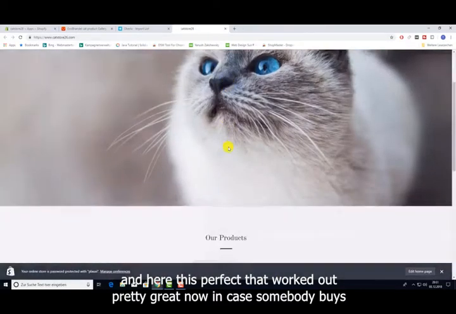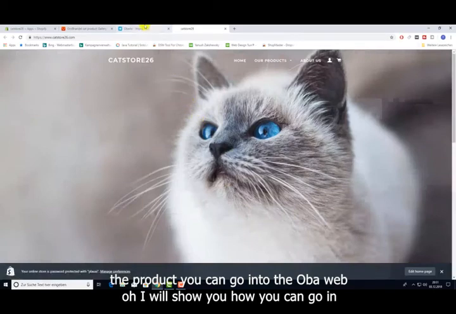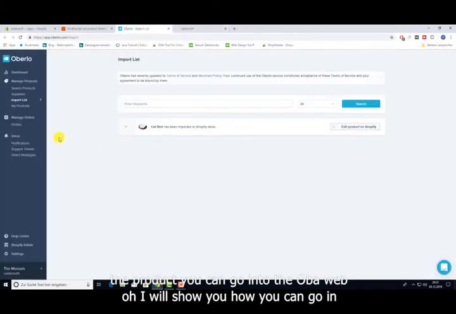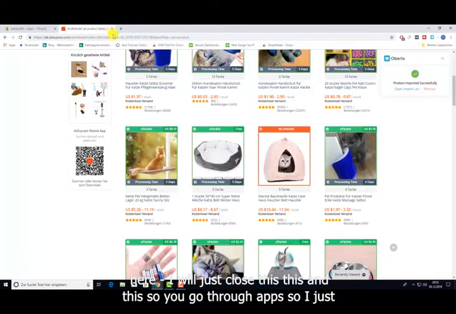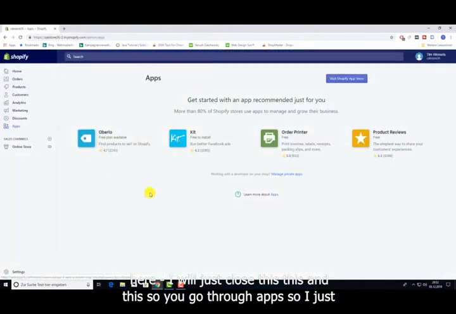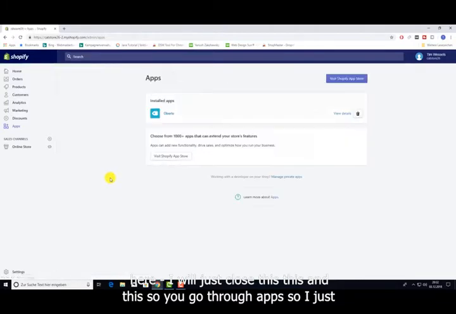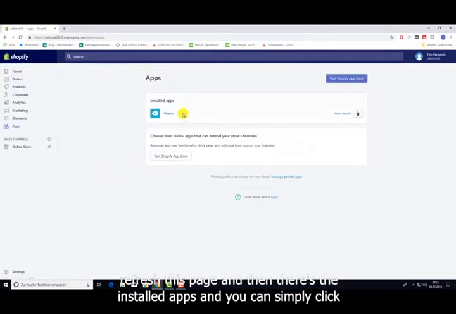Now, in case somebody buys the product, you can go into the Oberlo app. I will show you how you can go in here too. I will just close this, this, and this. So you go to apps. So I just refreshed this page, and then there's the installed apps. Then you can simply click on Oberlo,